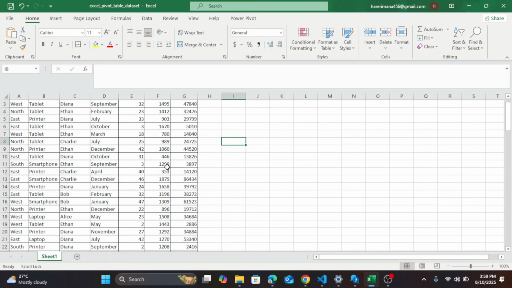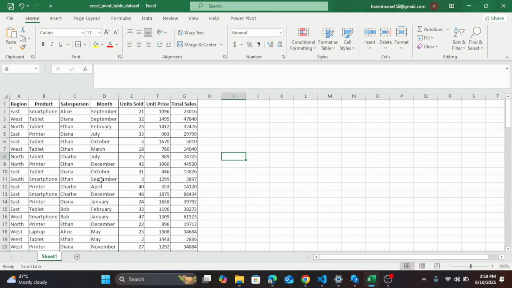So now let's move back to pivot tables. The first and foremost thing you do when you want to insert a pivot table, you click in a cell within your data. Then you go to the Insert tab,